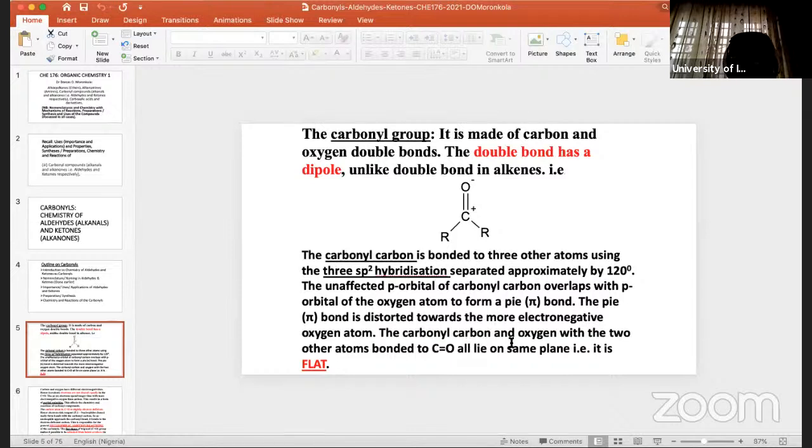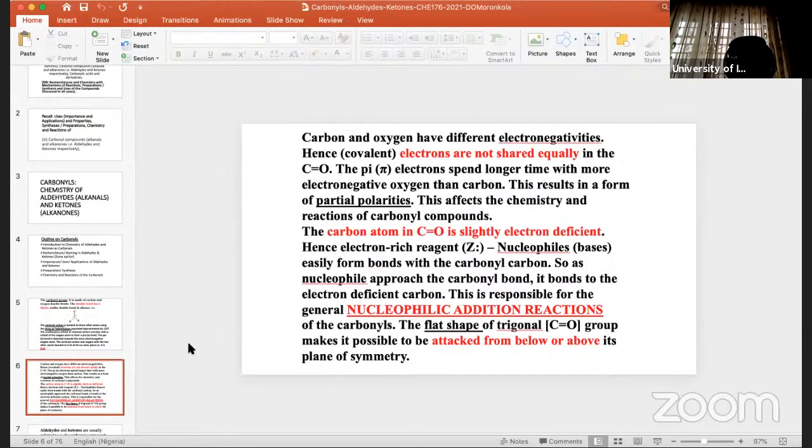So the carbon of that carbonyl and oxygen, with 2 other atoms, which I'm representing here as R and R, are bonded to that carbonyl bond. You will see that it's established that all these are in the form of a flat molecule, and that gives it the ability to easily participate in reactions, or rather an attacking material can come from the top or from the bottom, since it's a flat molecule. Now coming back straight, the carbon in the carbonyl is slightly electron deficient, hence we say that